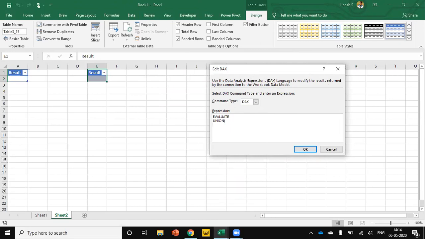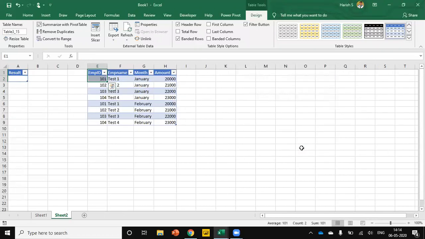Now we have added two tables, Table 1, comma, Table 2. All right. We have added two tables together. Now I'm going to close this bracket and then click OK. Now you can see that the table has been combined.